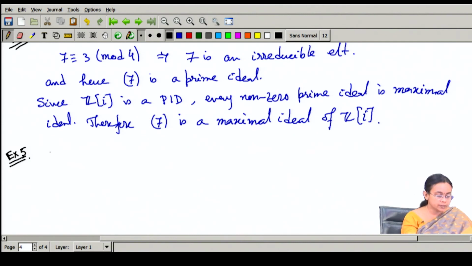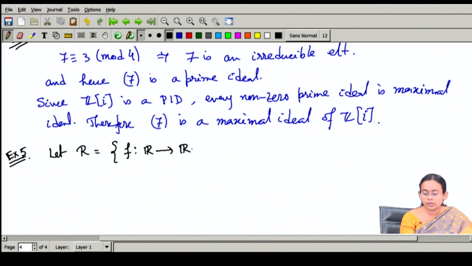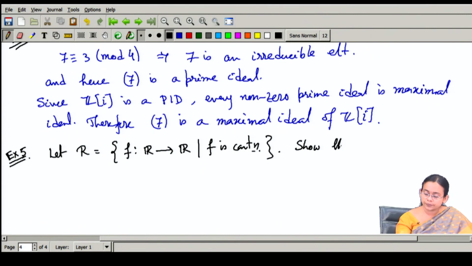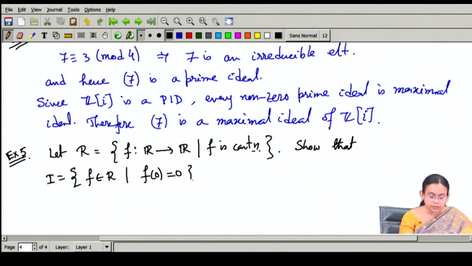So, the next problem says that let R be the set of all functions from the real numbers R to the real numbers R such that f is continuous. We have already seen that this set R forms a ring with pointwise addition and pointwise multiplication. For this ring we would like to show that the set I, which is the collection of all the elements in this ring such that f of 0 is equal to 0,